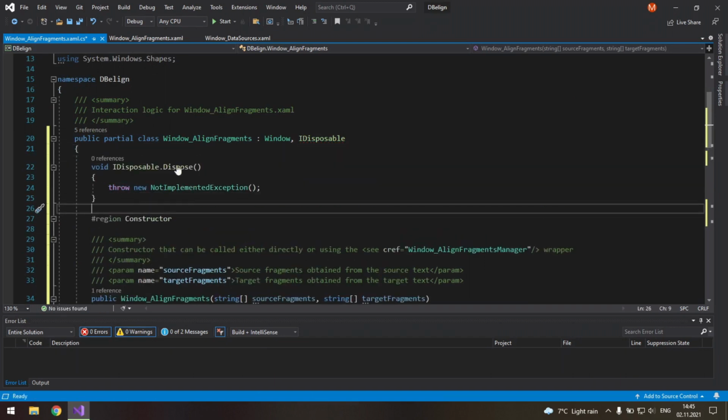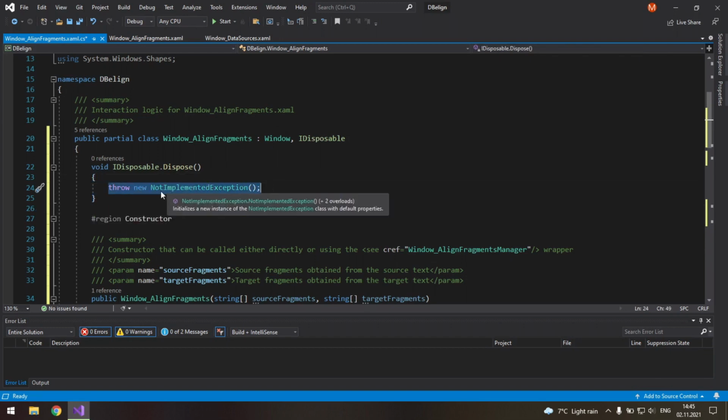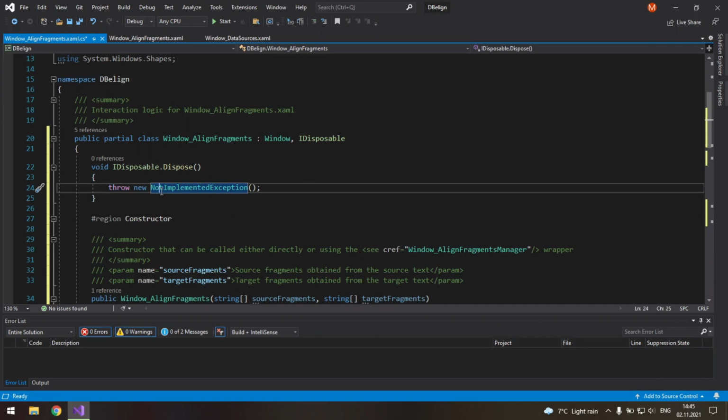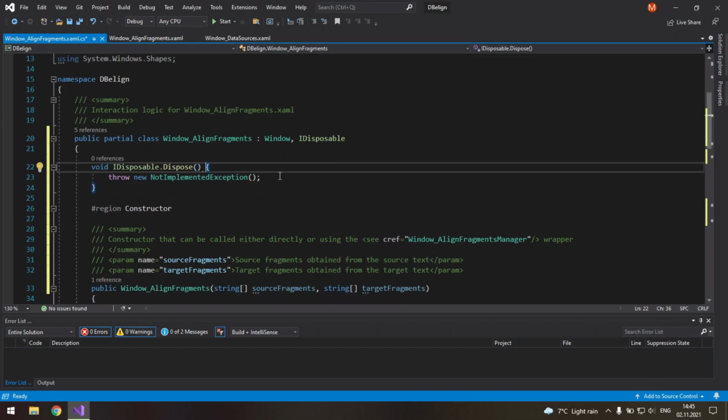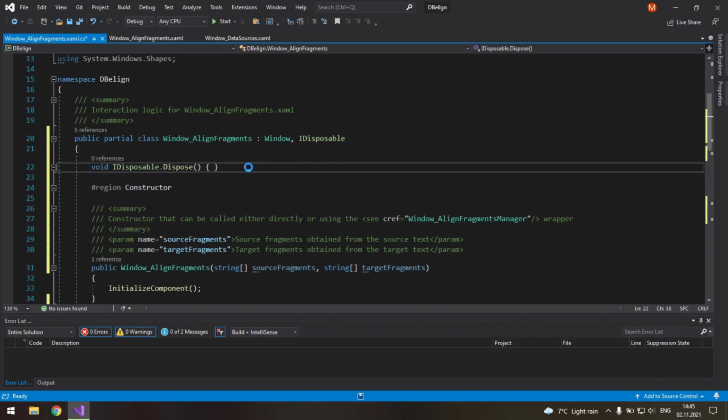Right now, if you close this window, it will call this method and it will call this line which will raise an exception. Right now I don't have any specific behavior in mind, so I will just leave it empty. But in future, of course, you need to define your own logic, how it should be closed properly to free all the used resources.